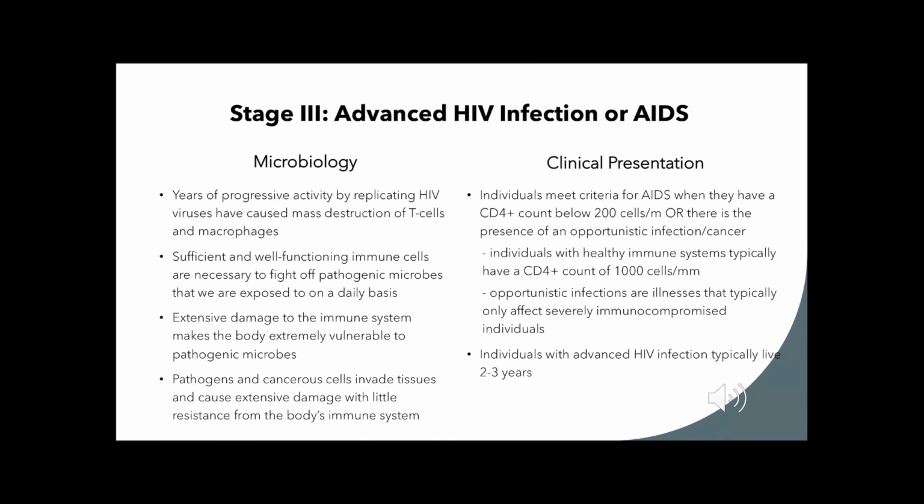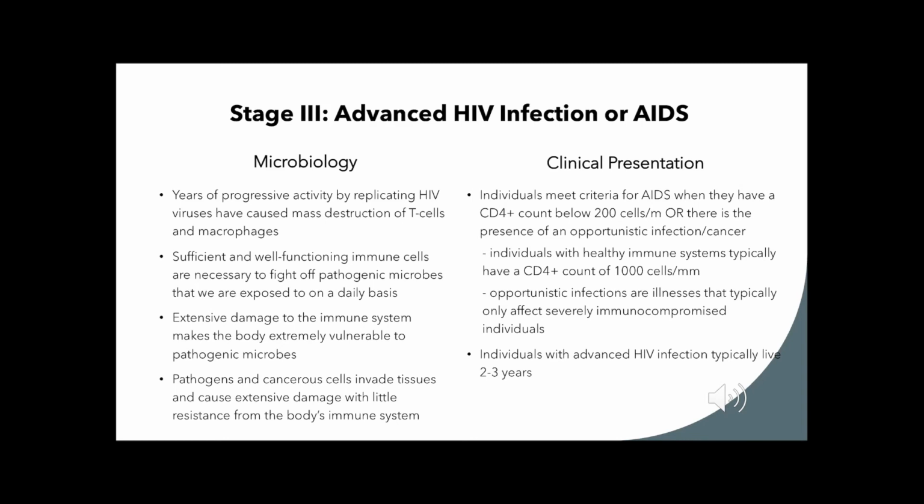There has been a mass destruction of T cells and macrophages by HIV viruses. The sufficient and well-functioning immune cells that are needed to fight off pathogenic microbes are no longer present. So the microbes that would usually protect us from bacteria that we experience every day, they're just not there, so the body is much more susceptible to pathogenic microbes. So pathogens and cancerous cells are pretty much free to invade tissues and cause extensive damage with little resistance from